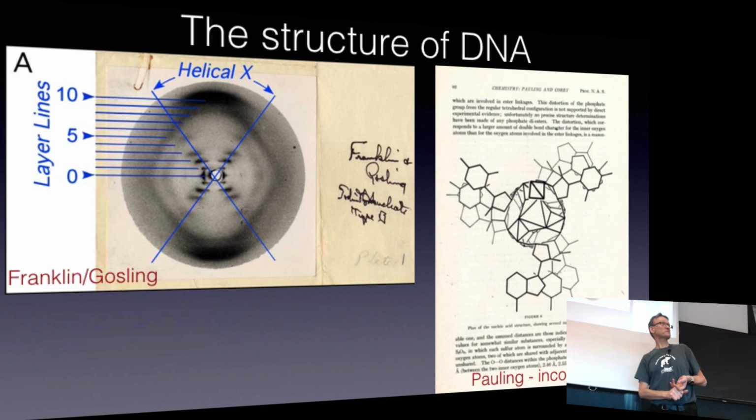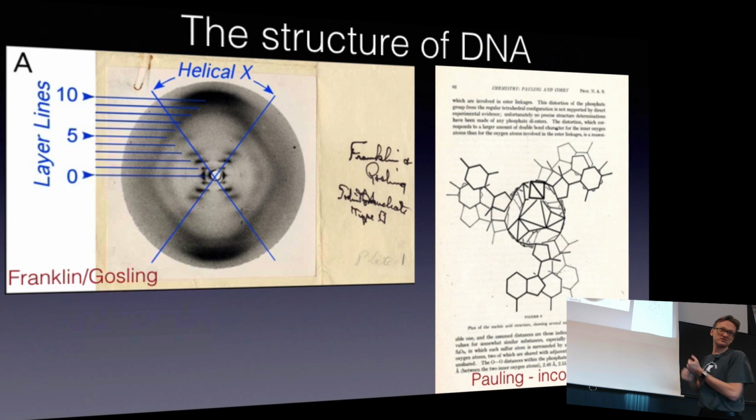And a lot of very famous people did this. What you have here on the right is a model by Linus Pauling, arguably one of the most famous scientists of the 20th century. So this is a helical model that uses the bases of DNA, because from the chemical composition, people knew what the bases in DNA looked like. It's just that we didn't know what the entire structure looked like. So this is a structure that looks like a spiral stair, with the backbone in the middle, and then you have the bases pointing out. This was published in Nature, 1952, I think.